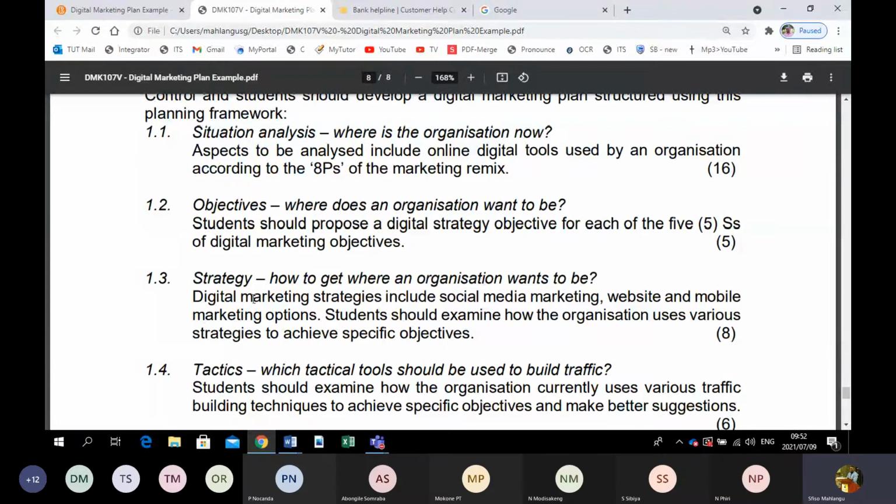When it comes to 1.3, that is strategy. Digital marketing strategies include social media marketing, which we're going to look into today, which is chapter 5, the website as a strategy, as well as mobile marketing options as a strategy. So in digital marketing, there are 3 strategies that we can use: social media, the website, as well as mobile marketing, which includes mobile apps. And here what you need to do is to examine how the organization uses these strategies